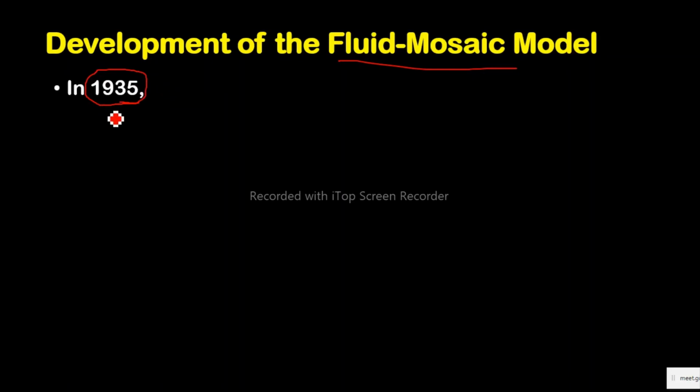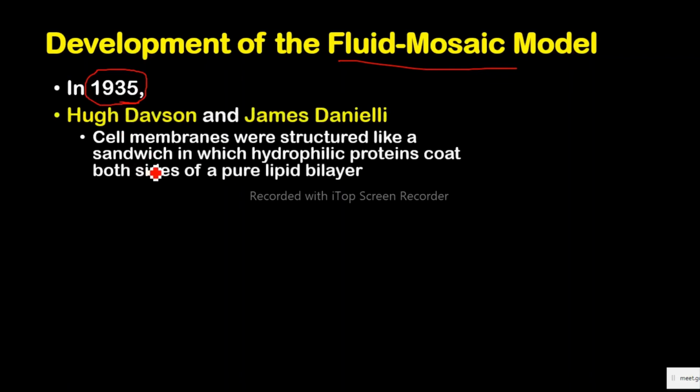Not until Hugh Davson and James Danielli carried out their research on a cell membrane. And these two guys were able to come up with the Davson-Danielli model of a cell membrane. When these guys observed a cell membrane, they were able to tell us that it was a structure like a sandwich. I hope you know a sandwich. You're going to see it. In which the hydrophilic